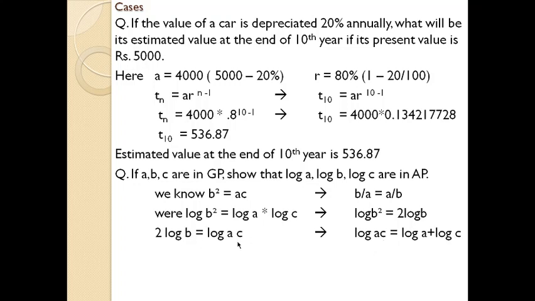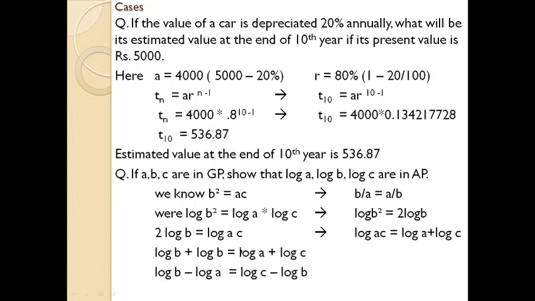Okay, all this is applicable in case of unknown variables. Now you will get log B plus log B, because here 2 log B means there are 2 log B's. So log B plus log B equal log A plus log C as per the mathematical concept. Now let's make some arrangements. Here log B minus log A equal to log C minus log B. I think everyone knows this step.